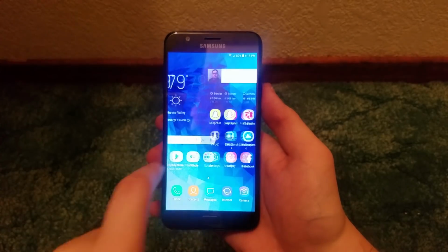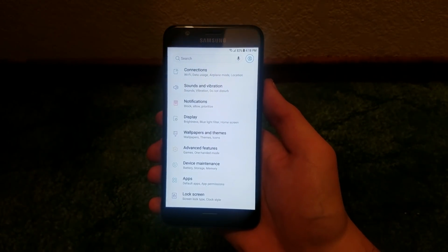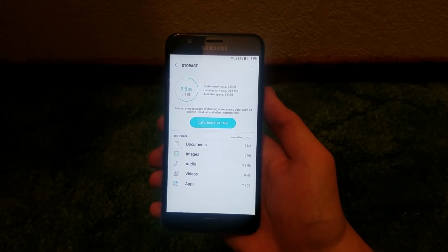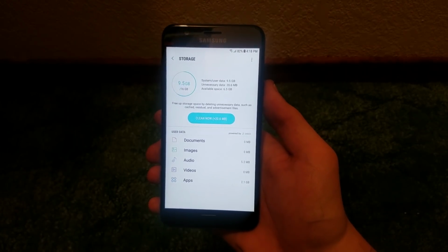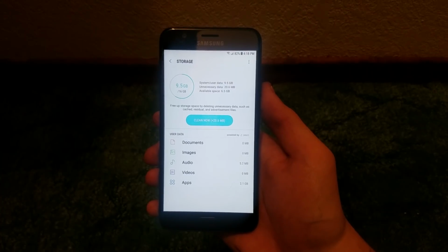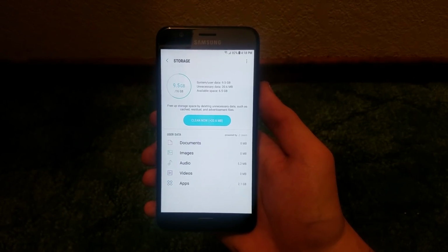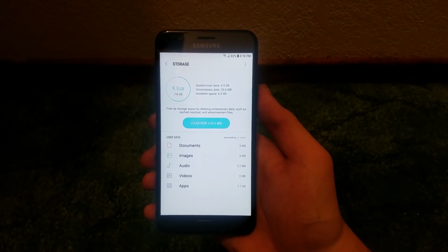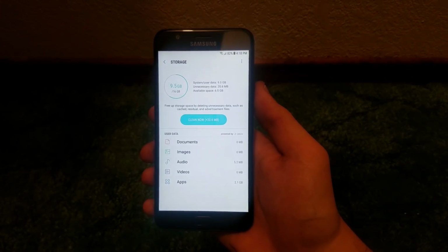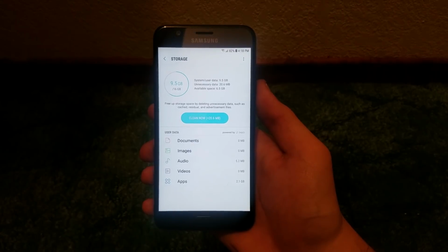The next aspect being how much storage this device comes with. So if we go over here into settings, device maintenance, and storage, this device comes with 16 gigabytes of memory with around 9.4 gigabytes available out of the box, available to the user. And as you can see right now, 9.5 gigabytes are currently being used out of 16 gigabytes. And right now I'm sitting at 6.5 gigabytes free. So no storage issues with this one so far, and I don't think I'm going to run into any storage